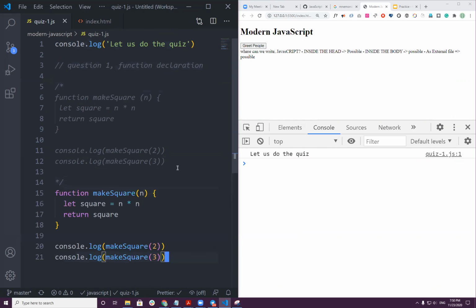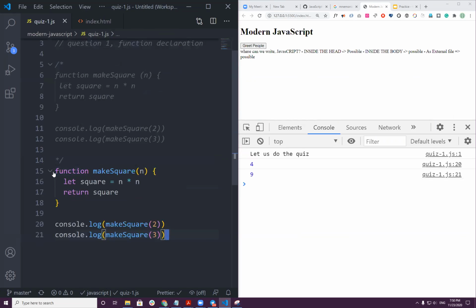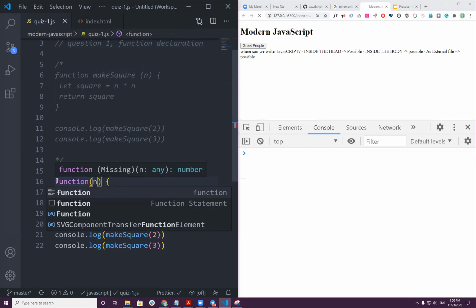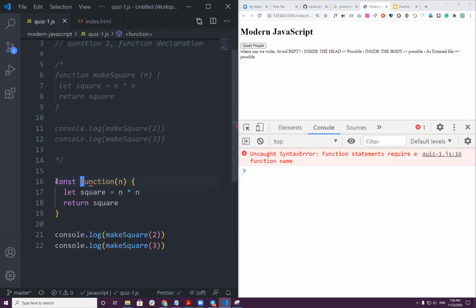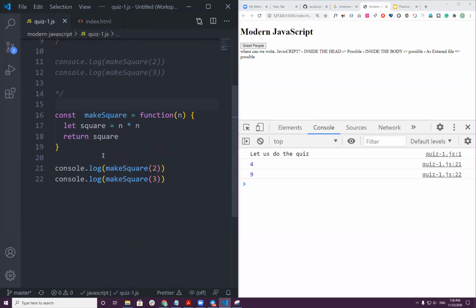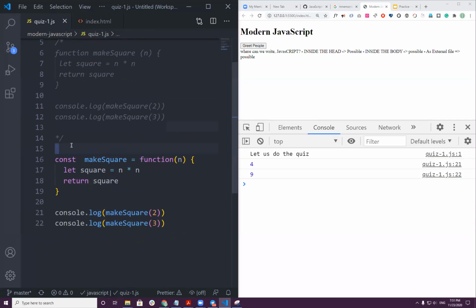You may also see some people writing something like this. They take this out and write it here, const. And the way you call it will be the same. So easy, right? And we call this function expression.